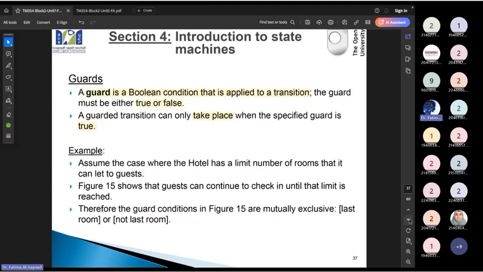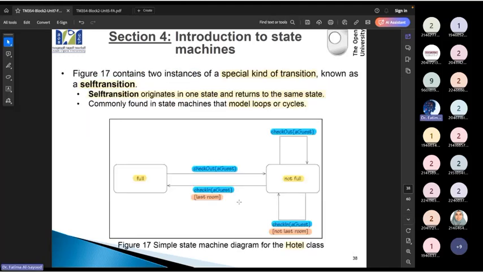So let's assume I have a hotel. And that hotel has a limited number of rooms. Let's assume it's 100 rooms only. If you are thinking about this diagram, the hotel at the beginning was not full, and then it's going to become full. The user is going to keep checking in.